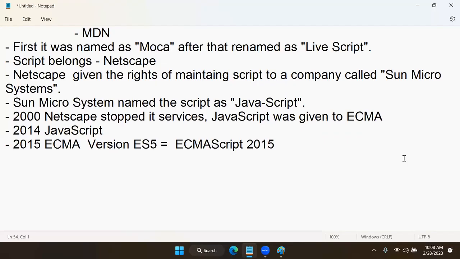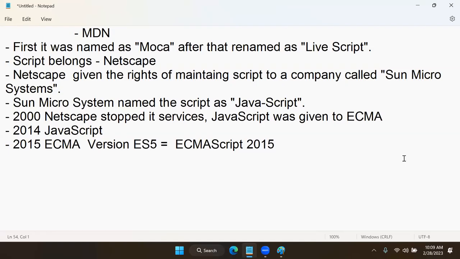But it is still there. It is not removed. That means JavaScript never says that a feature is deprecated, meaning removed. ECMA never removed any feature of JavaScript because JavaScript is being used worldwide on the web, and many people are still using the web on very old browsers,